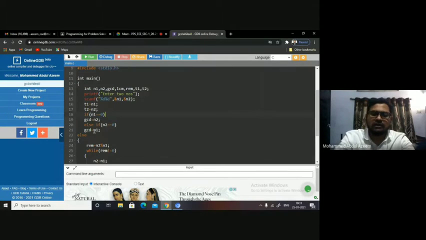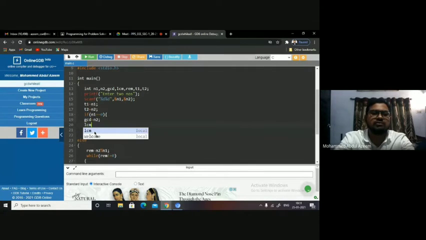Now I have to find the LCM. Since I have more than one statement, I need to go with braces. So here LCM will be 0. If you want to write it together, you can do that, but you can also write it separately, no issue. LCM equal to 0. When N1 is 0, N2 may or may not be 0.